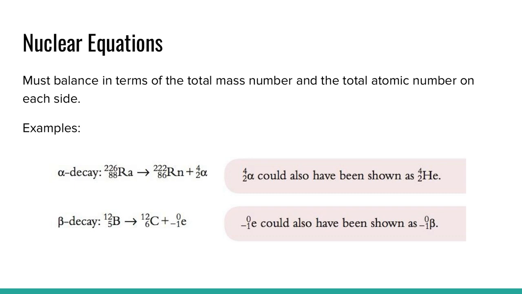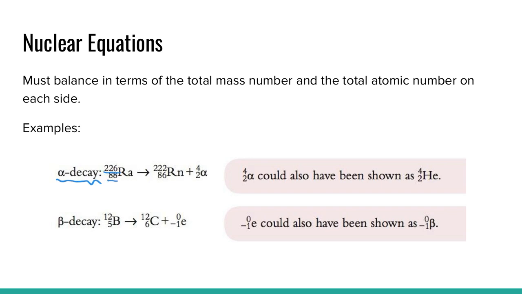Now, in terms of writing out nuclear equations, they are written so that they balance in terms of the total mass number and the total atomic number on each side. And it's going to differ depending on if we're doing a reaction for alpha decay or beta decay. So in alpha decay, if we take this radon example here, which has an atomic number of 88 and a mass number of 226,